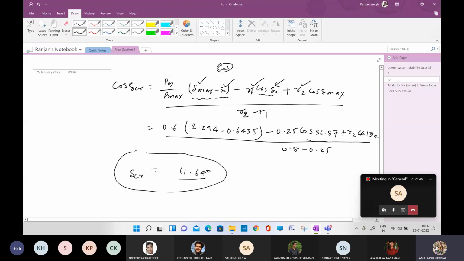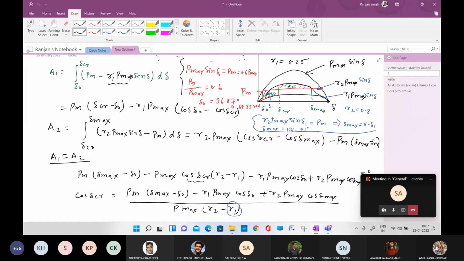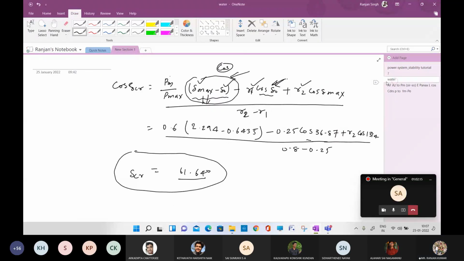So does anyone have any doubt how to write in this? In stability, the only thing is like this. If you put a wrong value, then you will get a wrong answer. So you remember, here you put in radian, and if you put with sine or cos, you put in degree. Second thing, how to find that area. If you don't remember that formula directly, I have the formula here. So if you remember that if the fault is happening in the middle of the line, then this formula will come.